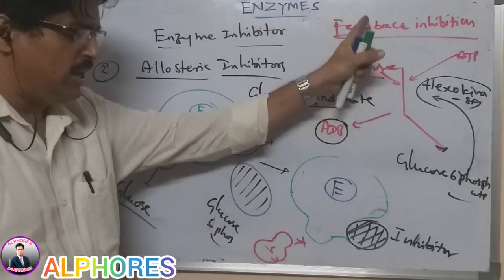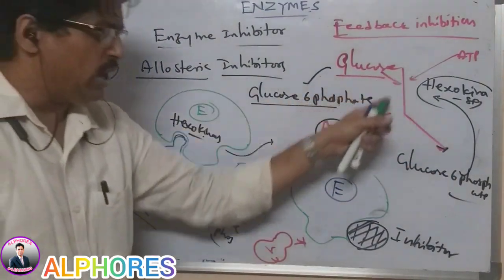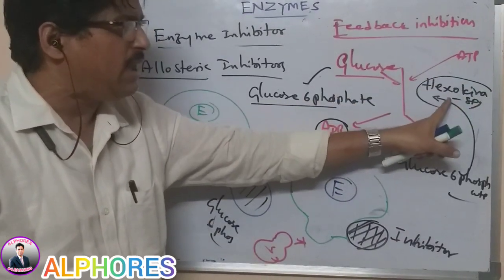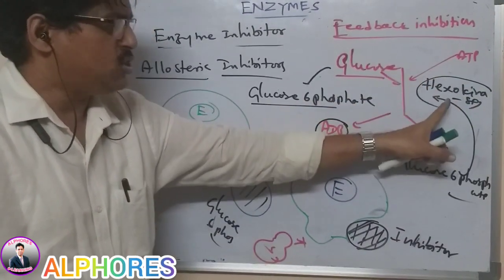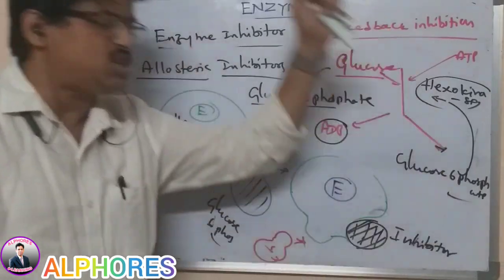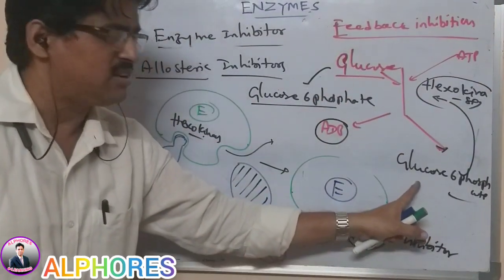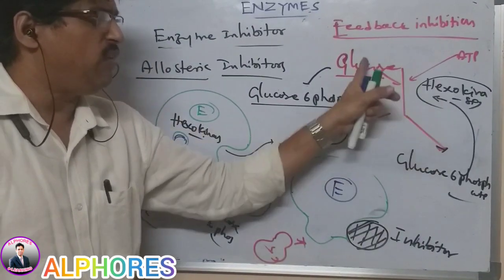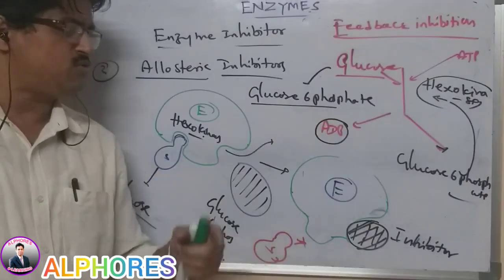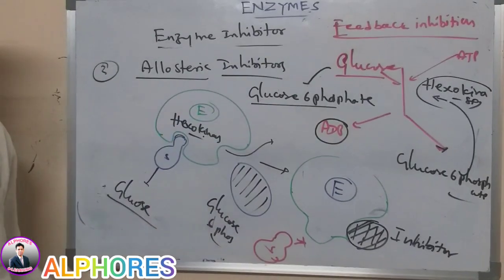We can see that in the glycolysis process, in one step glucose becomes glucose 6-phosphate, and in the second step phosphorylation takes place. During the phosphorylation, ATP is used in the presence of the enzyme hexokinase. But this hexokinase is prevented from performing its function by the glucose 6-phosphate itself. Automatically glucose cannot be converted again to glucose 6-phosphate because hexokinase is not allowed to phosphorylate the glucose. So the same substance prevents its own formation. That is the reason it is called the allosteric mechanism.